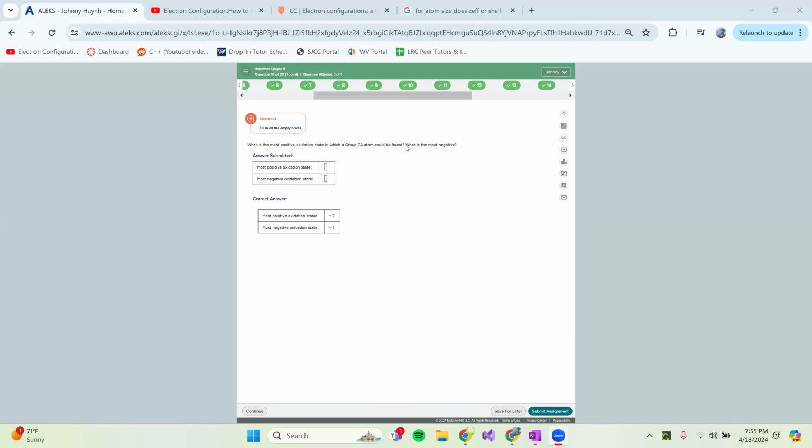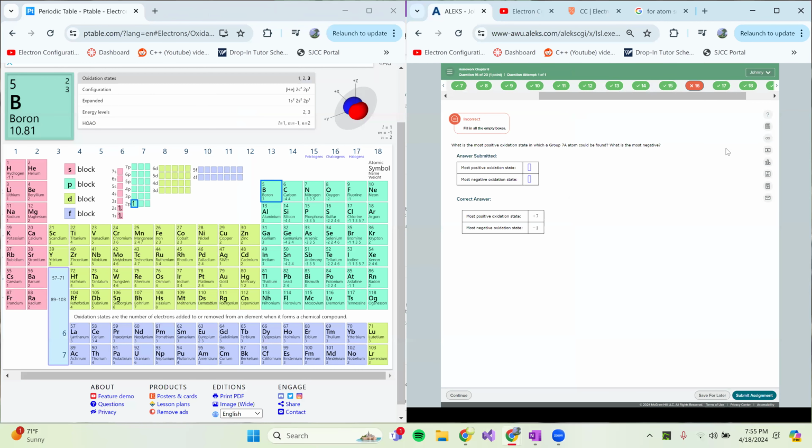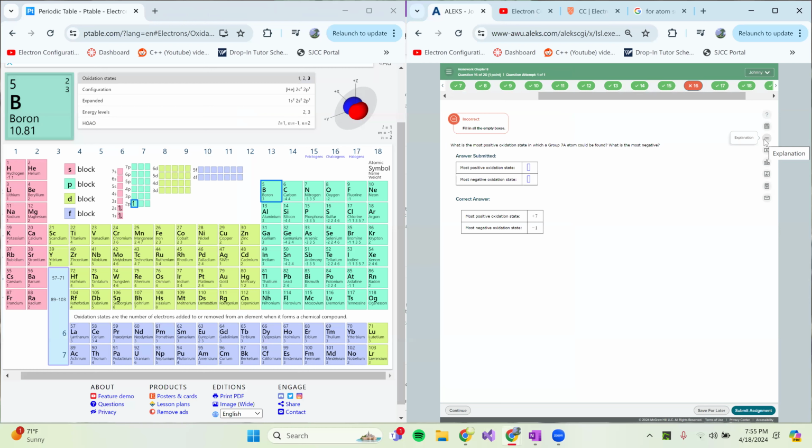All right, this talks about oxidation states of group 7A. Oxidation state is basically what happens to the charge of an atom when an electron has either been taken from it or given to it. So something to remember about this